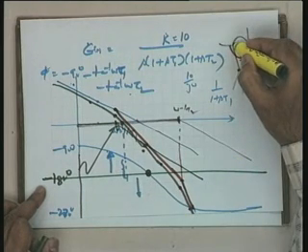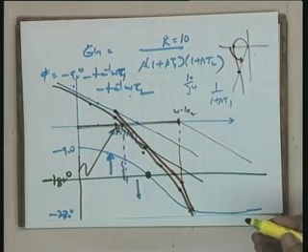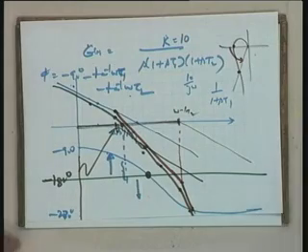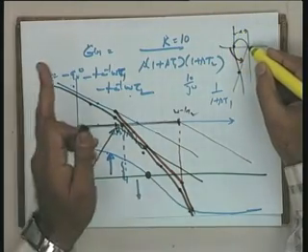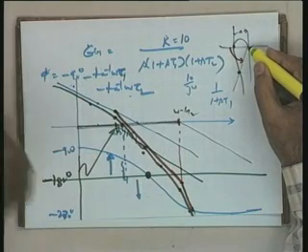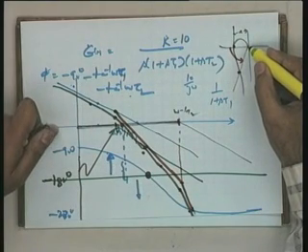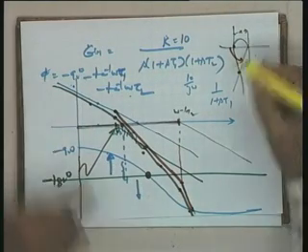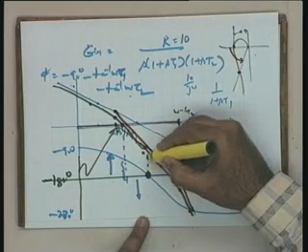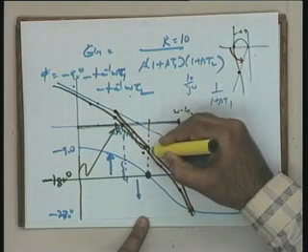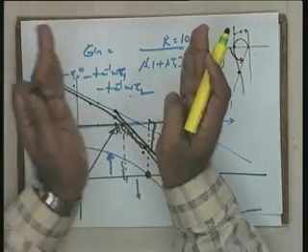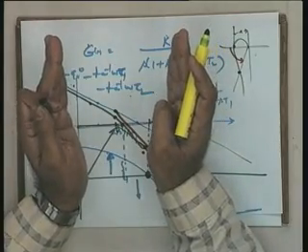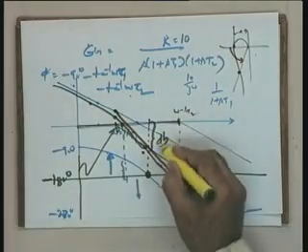This is the corresponding point here. Help me get the gain margin. What is this? This is 1 by A. 1 by A makes it unity, and unity here means 0 dB, since 20 log 1 is equal to 0. So if I take this vertical line, please see that this much is the gain margin. This much of gain I can add to this system. This much of dB is the gain margin.